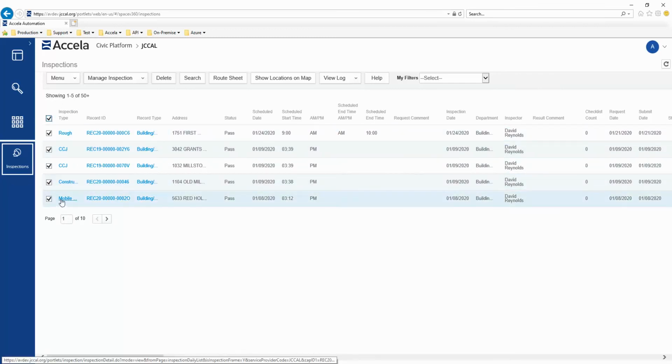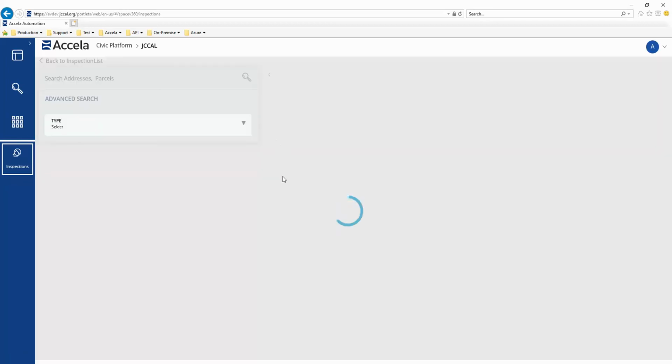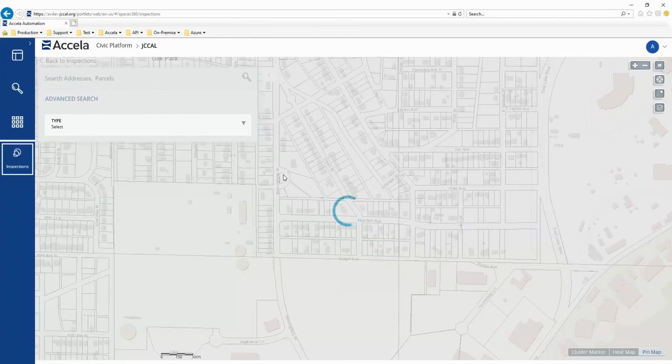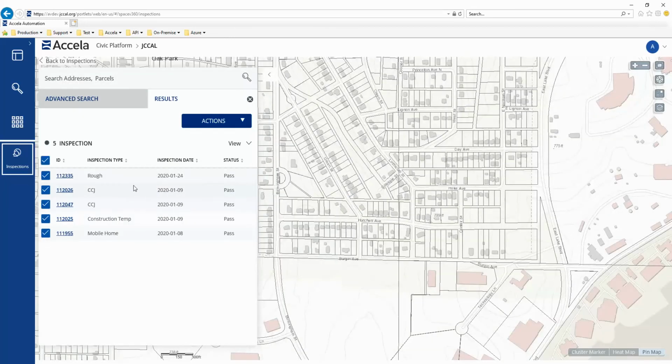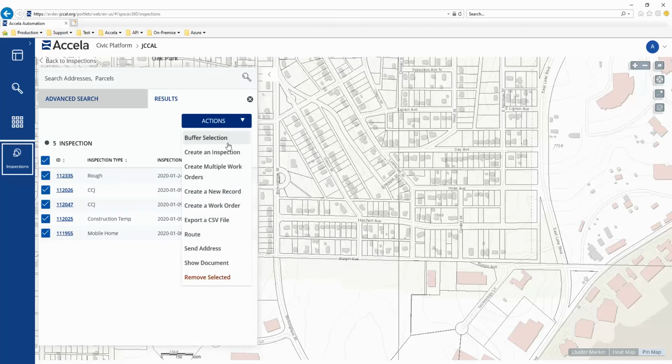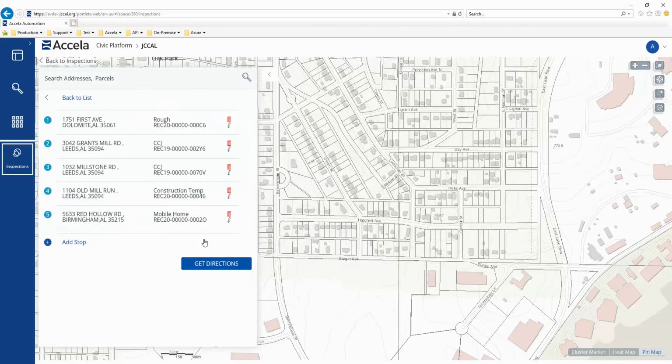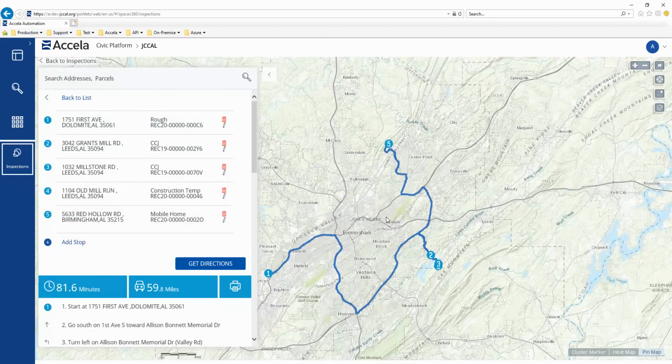I'm going to select all these, and I'm going to say, first off, show locations on map. And it should show me, it should load those addresses in here. And while these are all checked, I can go to this actions drop down and say route. And after that, I can add a stop and start from a place, or I don't have to. I guess I can just route those addresses here, and it will give me a route between all these 5